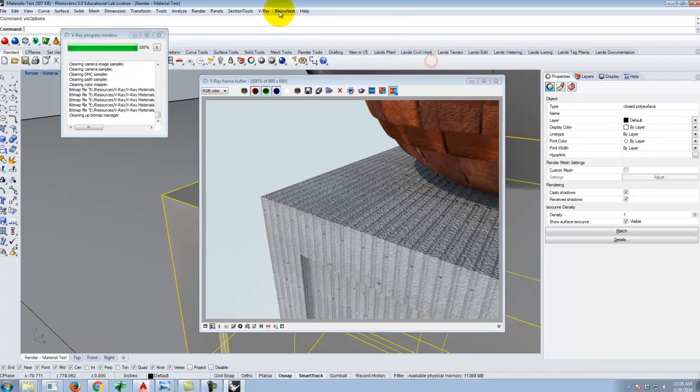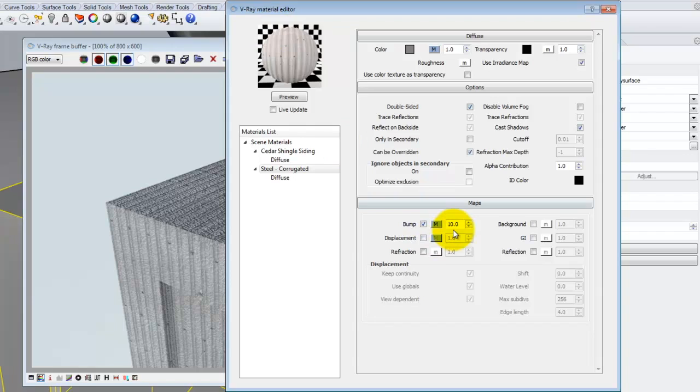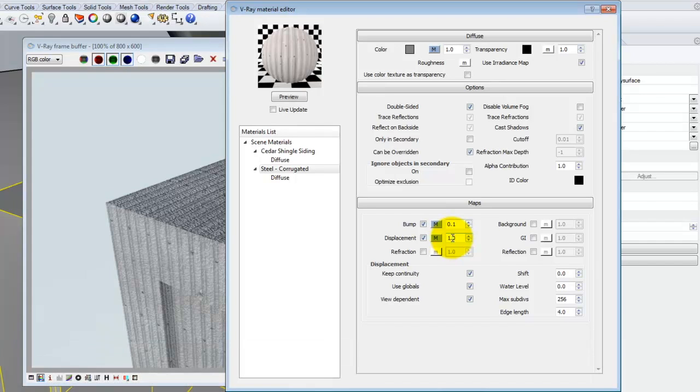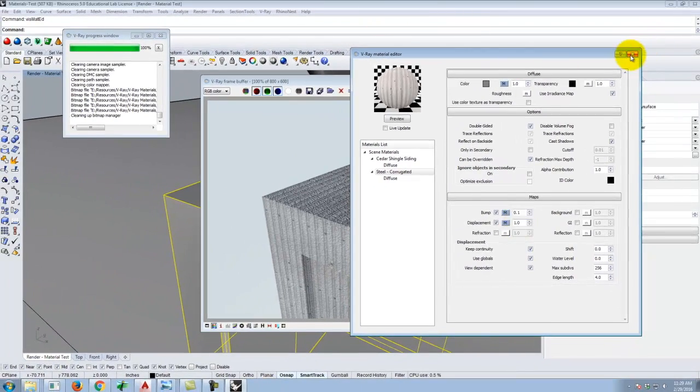Oops. Material editor. Let's go back to 0.1. And then I'll turn on the displacement map, which is again about the wave. Now in this case, I've selected the displacement map to be at 1, which means the difference between black and white is 1 inch, which means the height of the corrugation is going to be 1 inch. So now, if I were to render it,